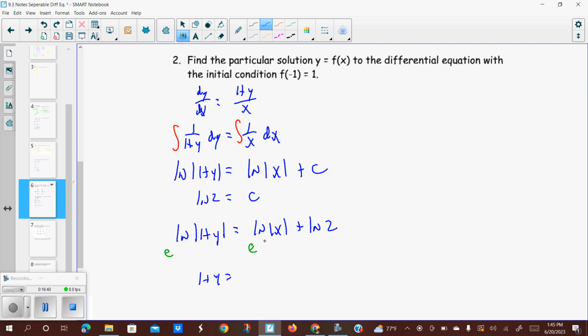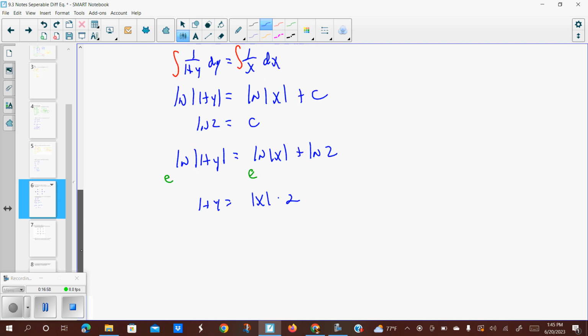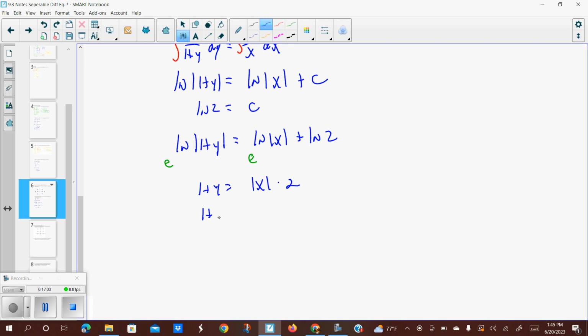So that's going to be e to the natural log of absolute value of x, but because both sides were natural logs, I got to keep one of them in its absolute value. So that's going to be the absolute value of x still. And then by that separation property, I've also got e to the natural log of 2, so that'll be times 2. So really what this gives us is 1 plus y equals 2 absolute value of x,